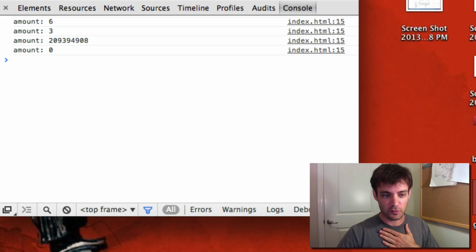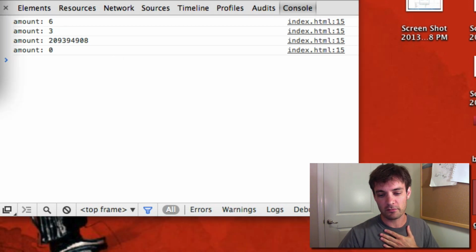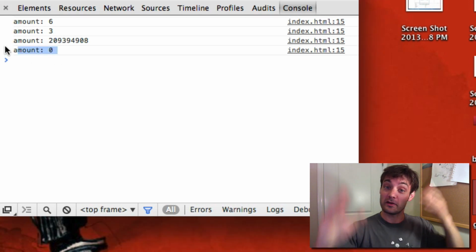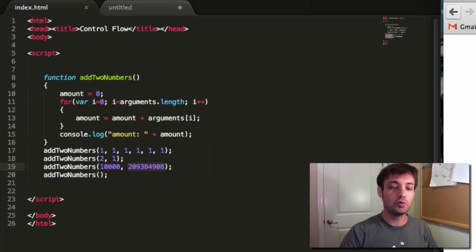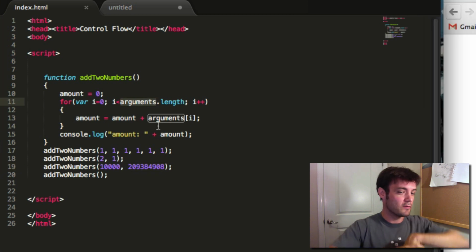So, as you can see, the first one, I have 6 ones. The value is 6. The second one, I have 2 and 1. Its value is 3. This is the same number as before. 0 is the last, right? That's the default value because we don't have any arguments, so it doesn't run the loop. So just 0, right? So that's the cool thing about arguments is doing a variety of,